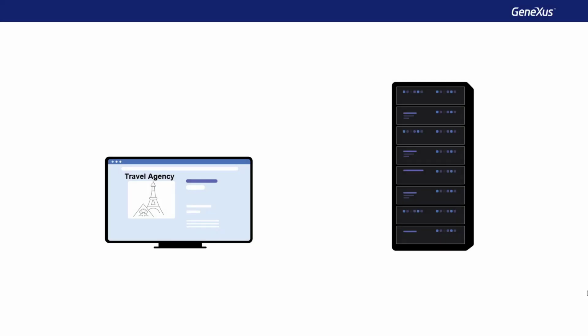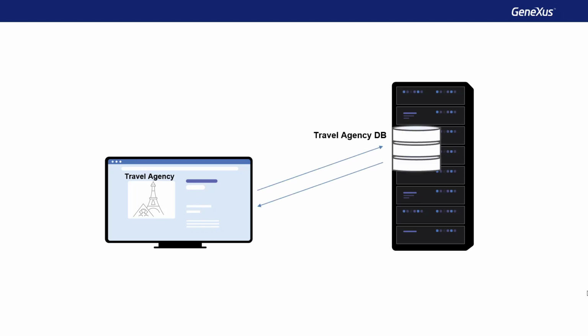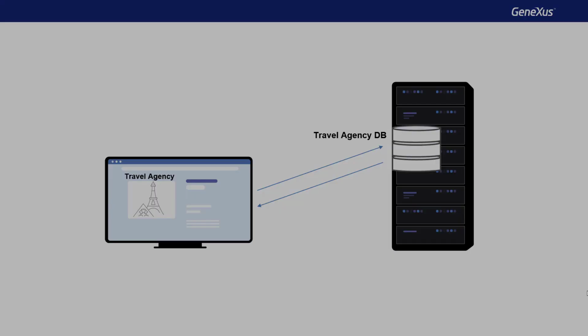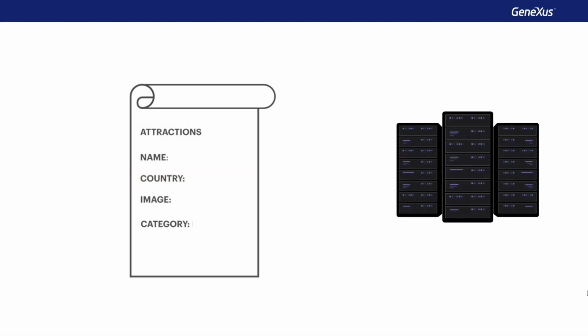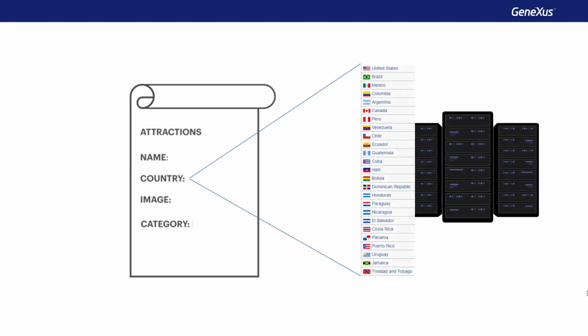When we develop an application with Genexus, the database is automatically created, where the main information handled by the application is stored. However, many times we need to access other data sources for different purposes. For example, suppose we need to choose a country from a list of countries to assign it to some entity. In this case, it's more convenient to access a repository where we can obtain the entire list of countries, instead of entering them one by one through the application screens.